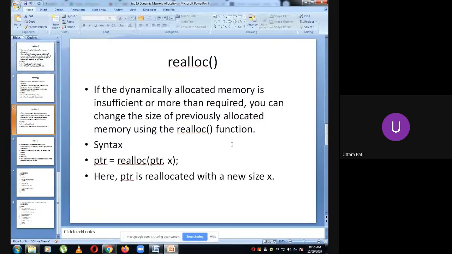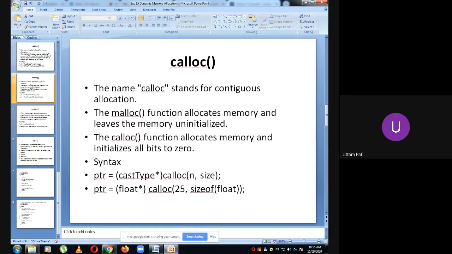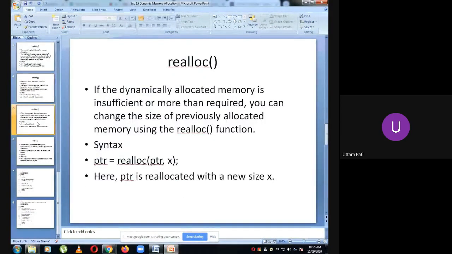Even when you're performing dynamic memory allocation, say you got some n number of bytes allocated with calloc, but you want to change the size again. Maybe you want to make it 50 or maybe 10. In those cases, you can realloc, that is reallocate.